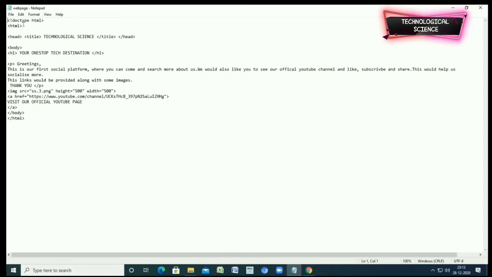Whenever you start creating your own web page, as you can see here at the top, I have written this thing in between two tags like this. As you can see, this tag and this tag. Between these two tags, I have typed !doctype HTML. This basically declares which doctype version you are using. You need not go deeper into this. Just write these two tags and this matter between them, the !doctype HTML.